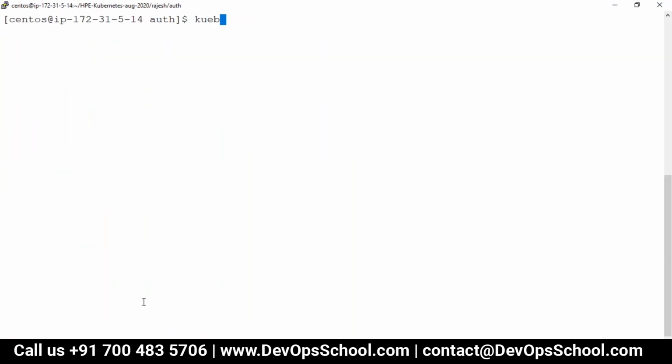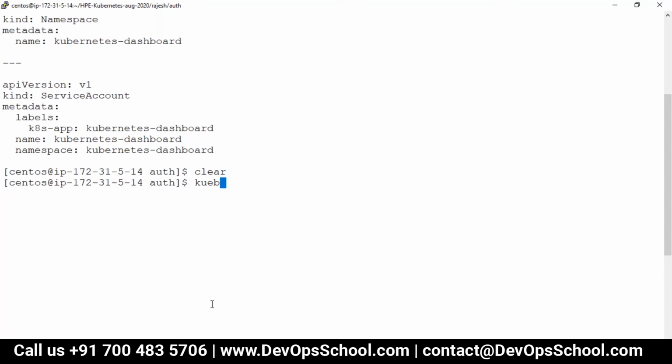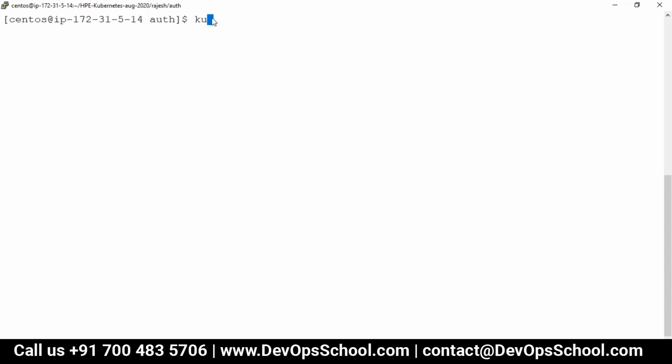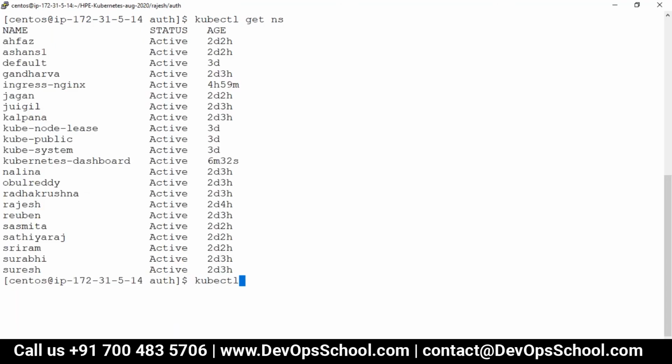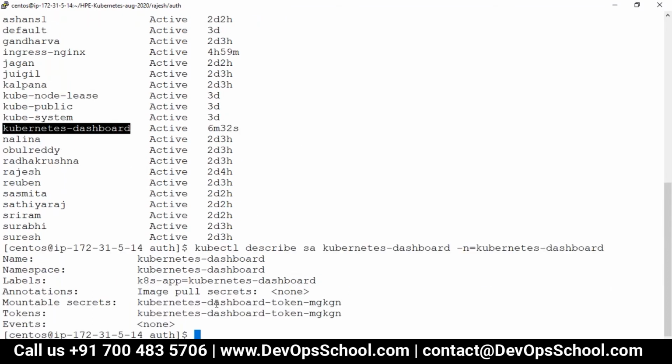So kubectl get ns, kubectl describe sa, and this one -n kubernetes-dashboard. Now which token is being used?